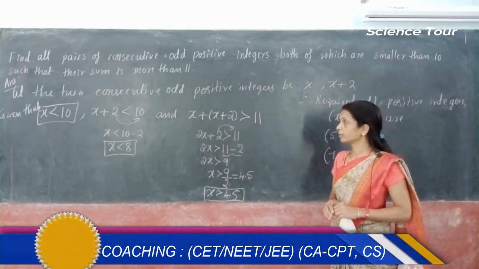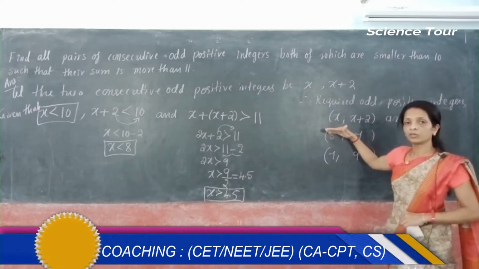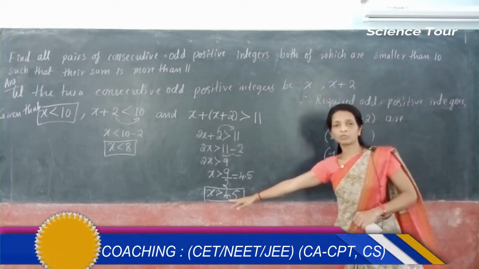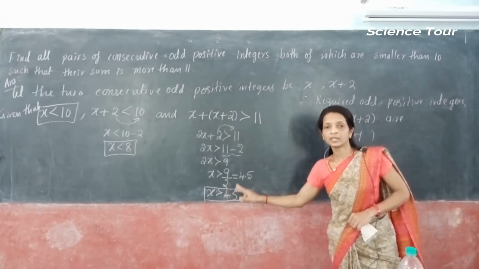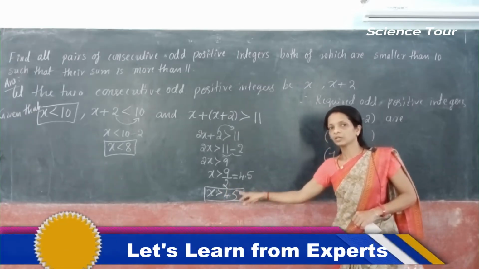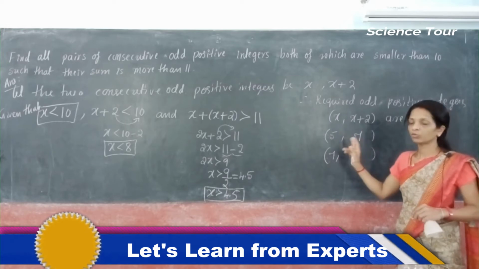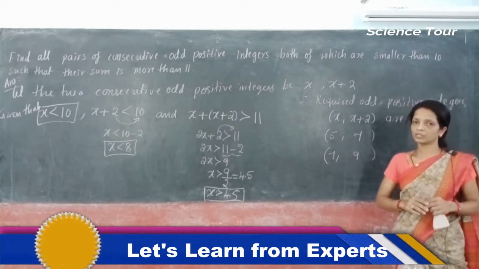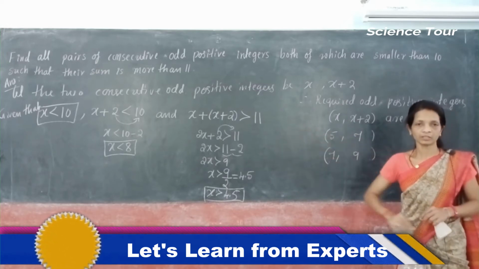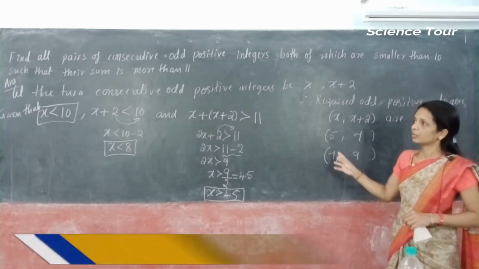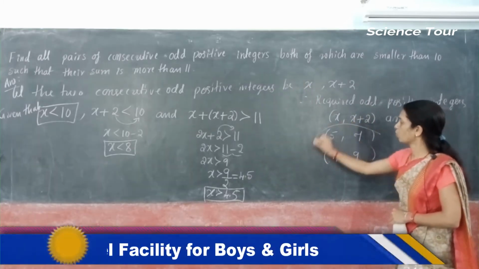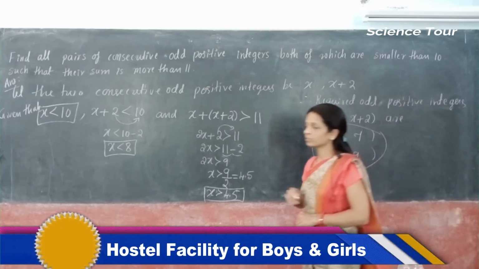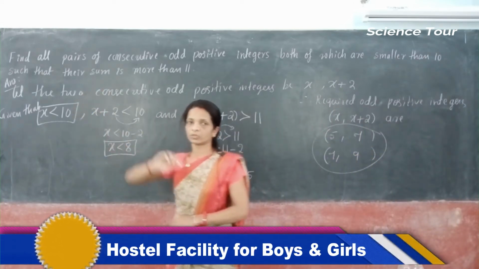Okay. And you cannot take an odd number which is less than 4.5, because the third condition is there that x should be greater than 4.5. So less than 4.5 we cannot take. So only two ordered pairs you will get satisfying all three inequalities, meaning the given conditions in the question. Okay, so these are the two ordered pairs which satisfy these three inequalities. Okay. Thank you.